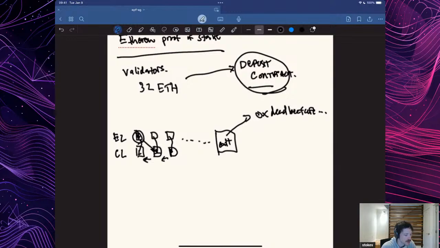And then how this would work is, once the validator is done validating, there are many conditions that they have to satisfy to actually exit the system. But once they have, the way to think about it is, if they have 32 ETH and maybe some rewards, so let's say they're up to 34 ETH, that's withdrawn to this execution layer address. They could turn around and redeposit into the system however they want. But basically, there's now this way to go from the execution layer into the consensus layer and back. And importantly, it is permissionless. The only thing you really need to join the system is the stake, which right now is 32 ETH.